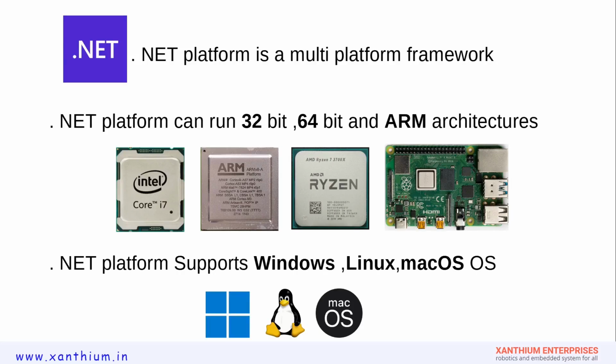The .NET platform is a multi-platform framework. It can target multiple operating systems as well as multiple processor architectures. For example, it can be made to run on 32-bit and 64-bit x86 architecture, and it can also run on 32 and 64-bit ARM architecture. So you can run the .NET platform on a Raspberry Pi, and you can also use it for embedded system